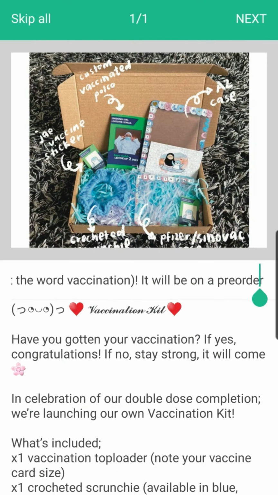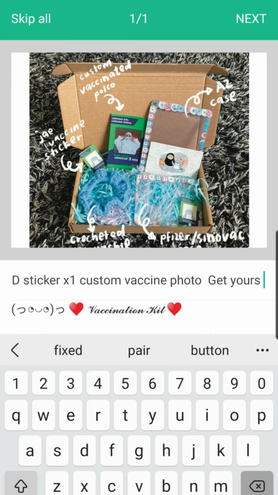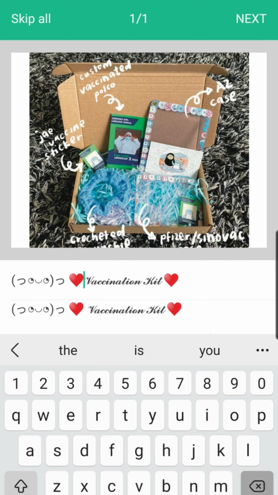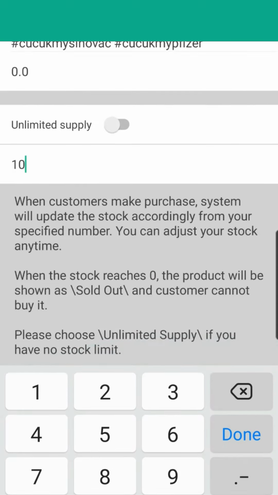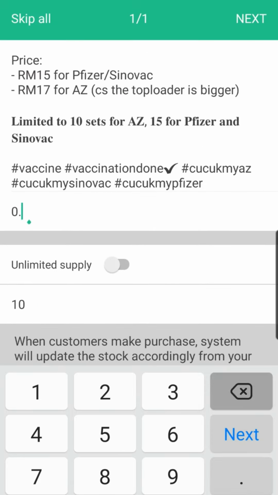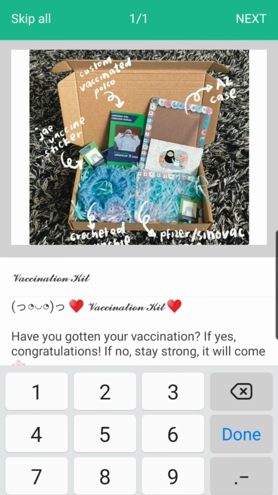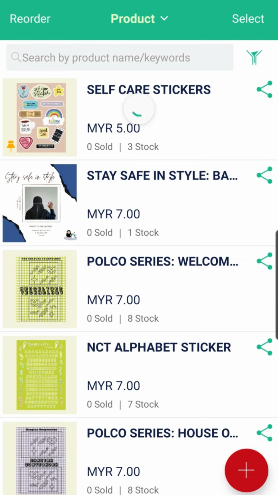Here, you will then insert the details of your product. Do note that while importing from Instagram, Boutir will copy the caption of your post as the product title and detail. Edit what is needed and add the required detail. Once done, click Save. With that, your store is now set.